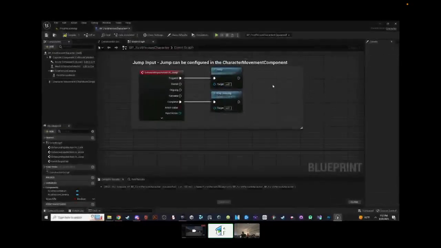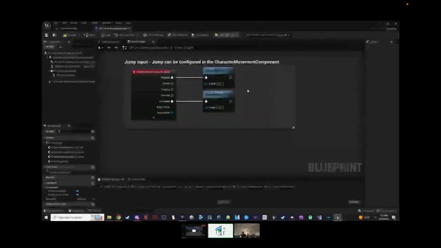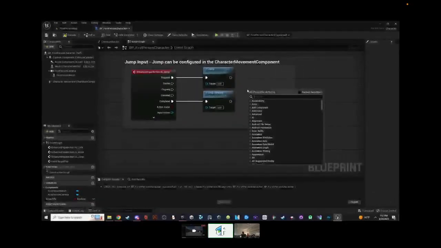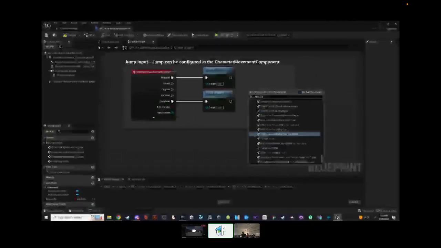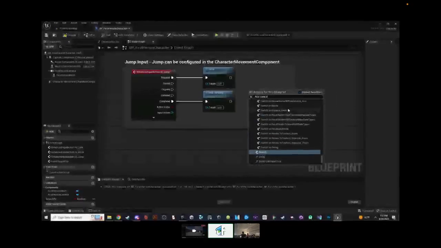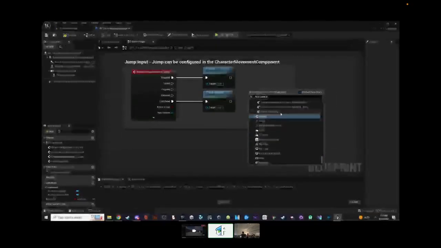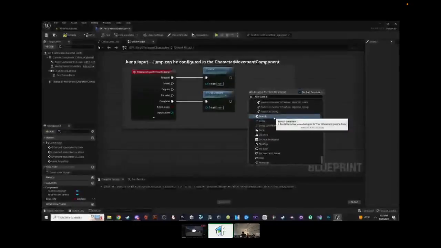But then how are we going to do it more than once? Let's see if they have anything in regards to flow control. So I'm just going to right click, make sure I still have context sensitive, and type flow control. And what do they got? Well, for starters, they got a lot. The first thing is a branch.